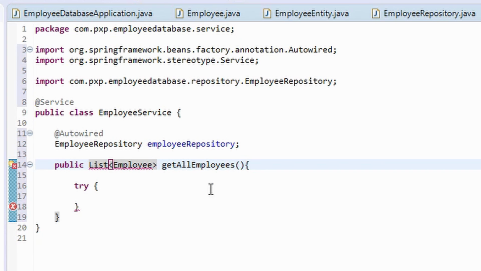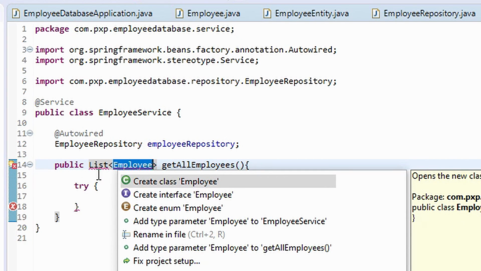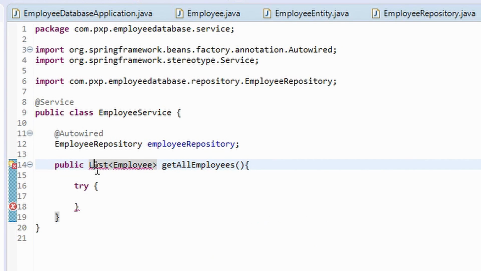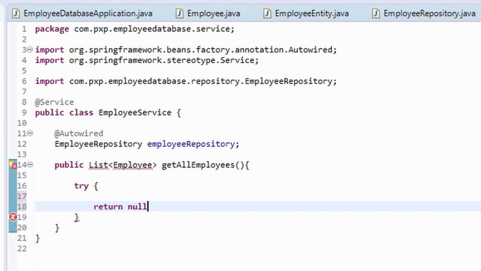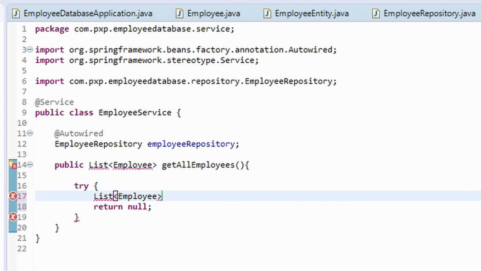We will try it later. Okay, we will return for the timing, as this method is giving an error. So let's say that return null, but we will change this statement a little later.